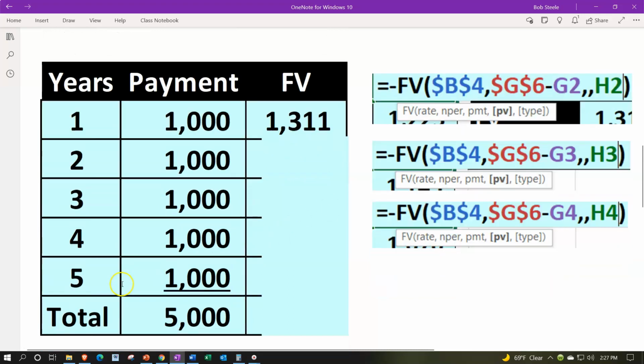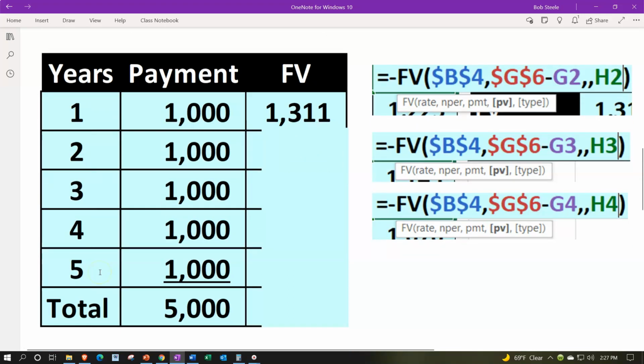One way is I could say, well, I could take the 5 periods, the endpoint, minus the 1, the period that we are on, which would result in the 4 periods remaining. So I'm going to do that with basically a formula. This cell represents period 5 here. This cell represents the first period, this period 1. And then there's another little twist to it. I can't just leave that period 5, even though it's in the table we are working on, without an absolute